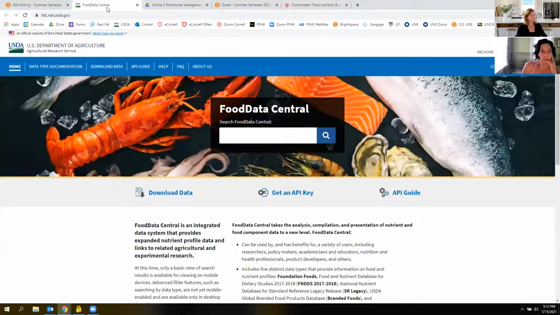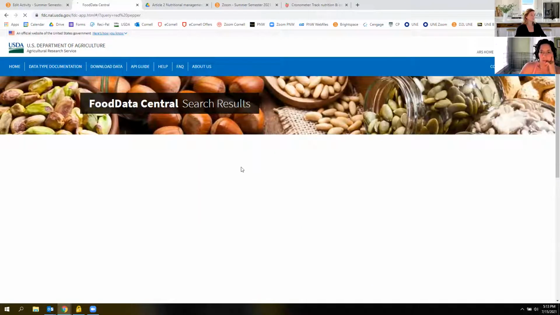The assignment suggests that you use USDA Food Data Central. You'll see I have it bookmarked. It's a very great tool, especially for whole foods, but in the past few years, they've added branded foods. So a brand can actually add in their information. But the challenge is, if you wanted to look up the full nutrient profile of red pepper, the search results are